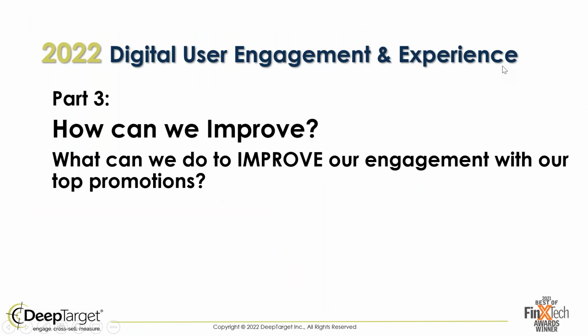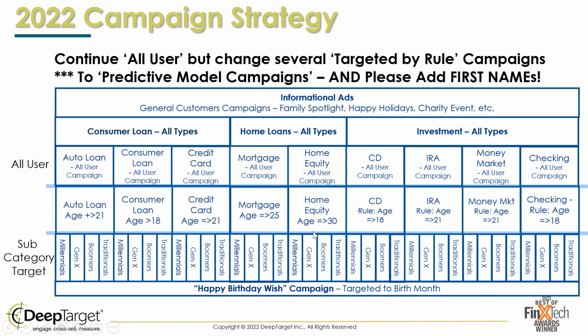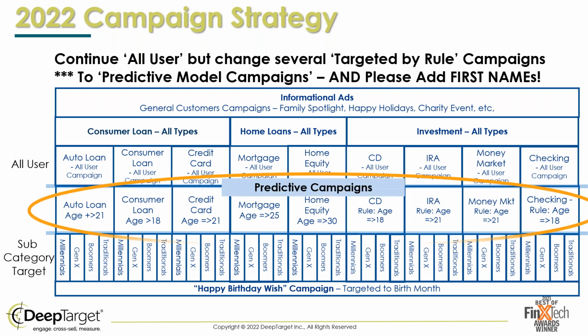So topics for today: how can we improve? What can we do to improve our engagement with our top promotion? First of all, it's super important that you know what your top promotions are going into this quarter or this month or this 2-month cycle, or however you set up your time frames when you're going after your campaigns, and make sure that you have everything covered. Once again, that's something that DeepTarget will help you understand when we do a success meeting and quiz you about whether you have everything set up properly to cover all of those users that are looking for your products now.